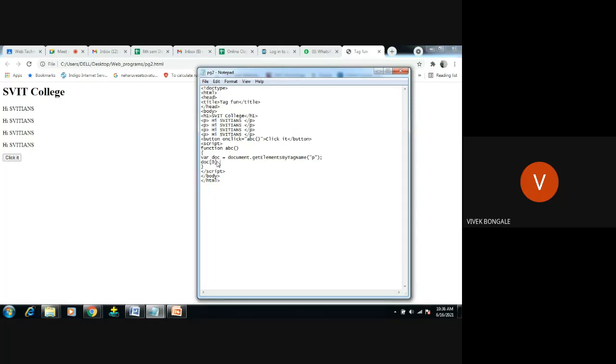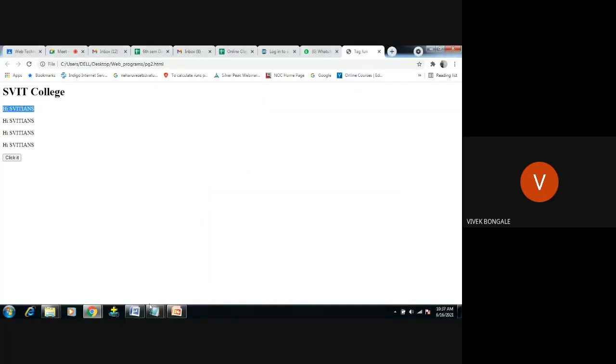I want to change the style of the 0th and third elements. The color should be red for the 0th, and I want to display the other one in a blue color.